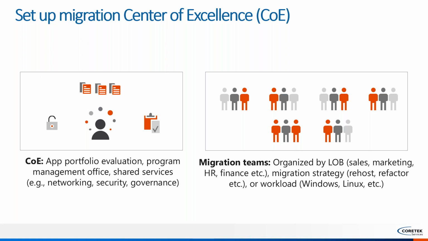You don't want it to get too large, but you also need influence from a bunch of different groups like networking, storage. You want your infrastructure team, your apps team represented, business, line of business represented in it. That way you can ensure that you have standards and consistency for your organization as you continue to move to the cloud, because there's so many different things